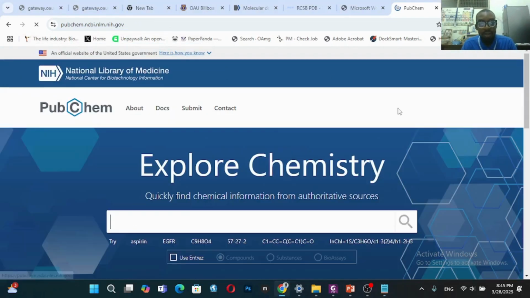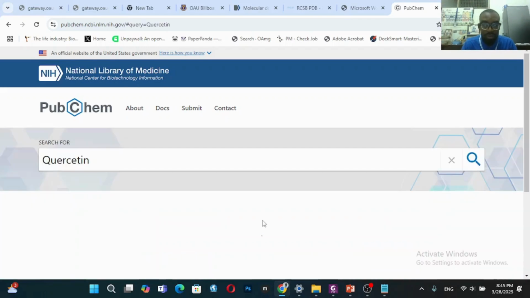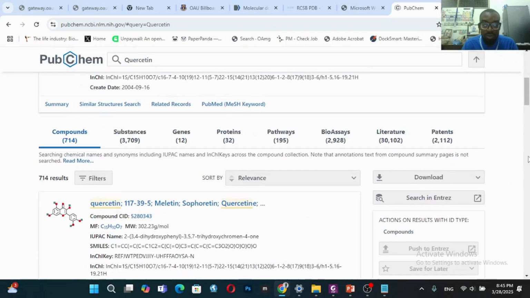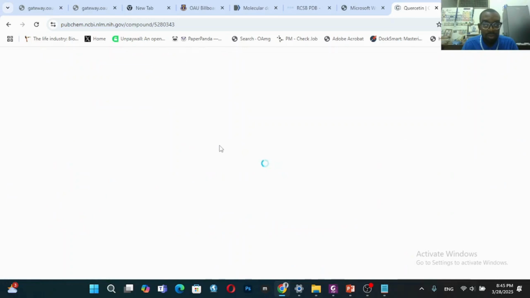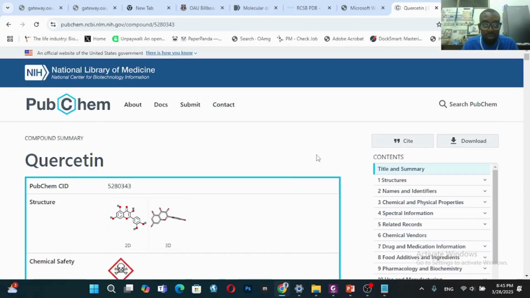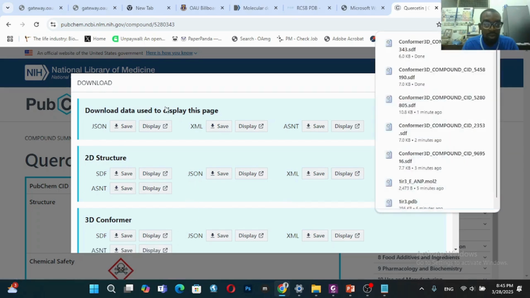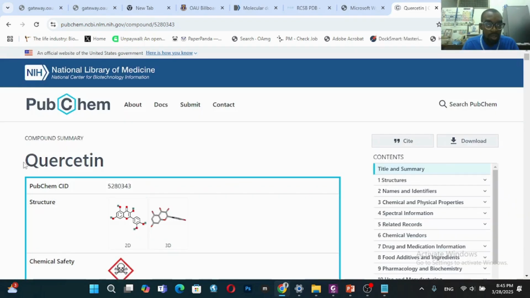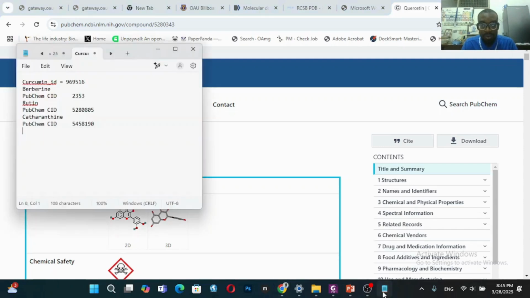And then finally we have the commonly known quercetin. So let's download. Good. Also, this is quercetin. You see, so we've downloaded curcumin, berberine, rutin,